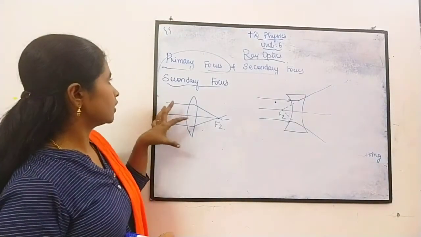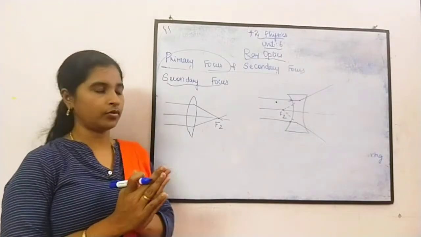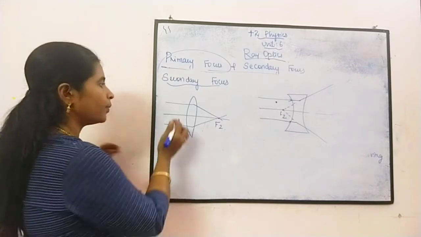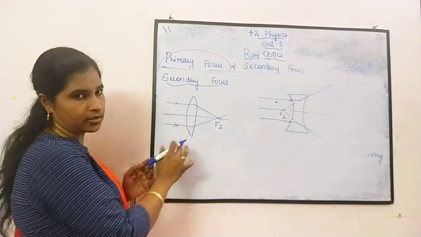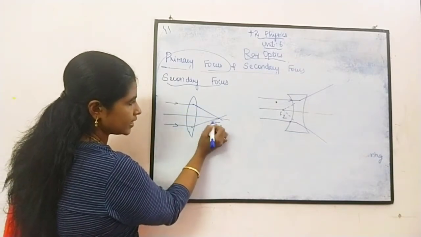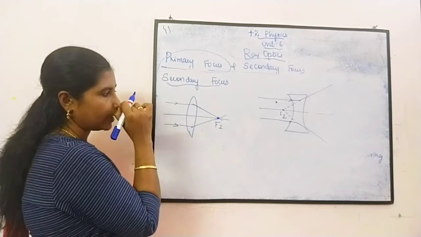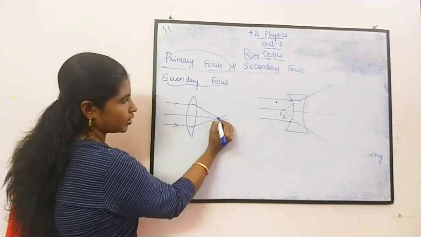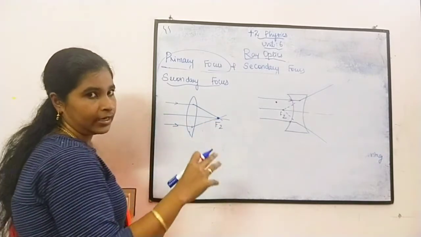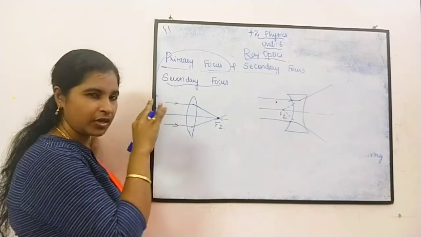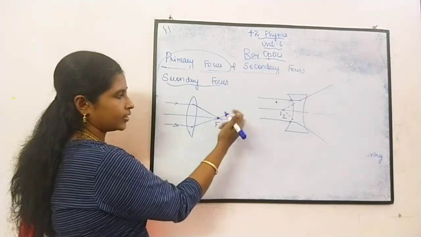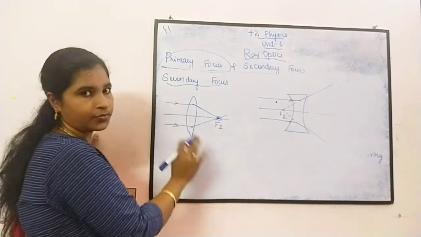So when you take the secondary focus, what is meant by secondary focus? Here we can see the parallel rays are not coming from a single point, but the rays are parallel to the principal axis. After getting refracted in the glass medium, they focus at a single common point. That is called the secondary focus. At whichever point the parallel rays meet, we are taking just two rays, but all the rays get concentrated at a single point, and that point we call the focus point.